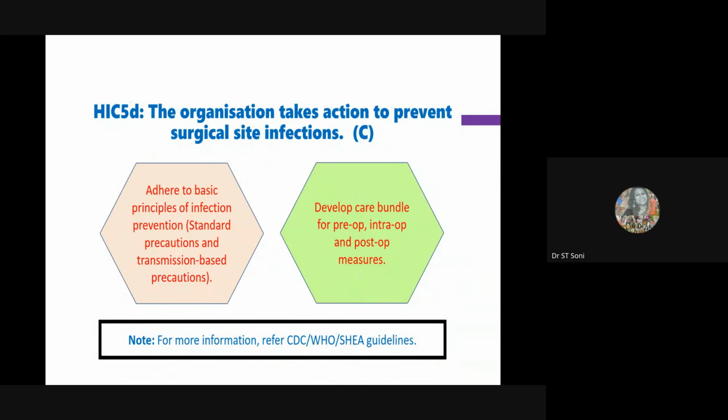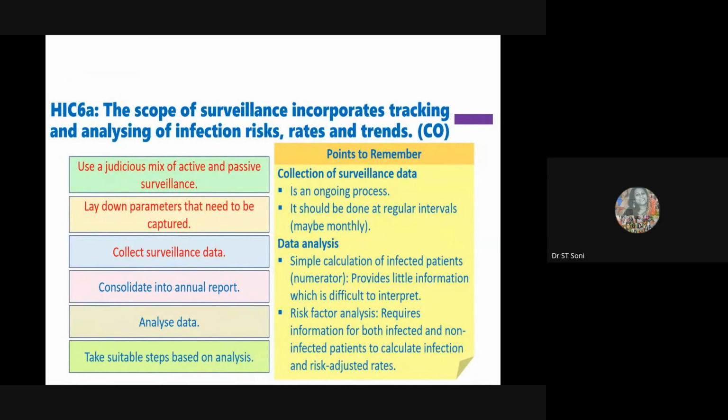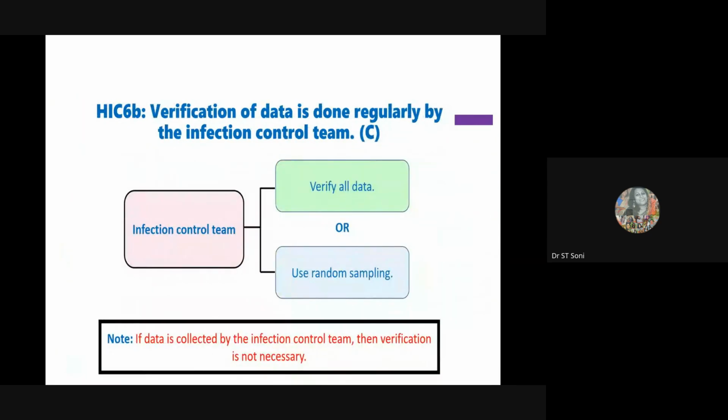So these are the surgical site infection prevention, and its monitoring does not restrict only to the hospital admission. Even beyond that, we are supposed to do 30 days surveillance and 90 days surveillance depending upon the type of the surgery. Doing the infection prevention and surveillance, and analyzing the risk rates and trend. Why are we doing the surveillance? It is to know what our rates are and how we can reduce them. So the most important is the reduction of the rate.